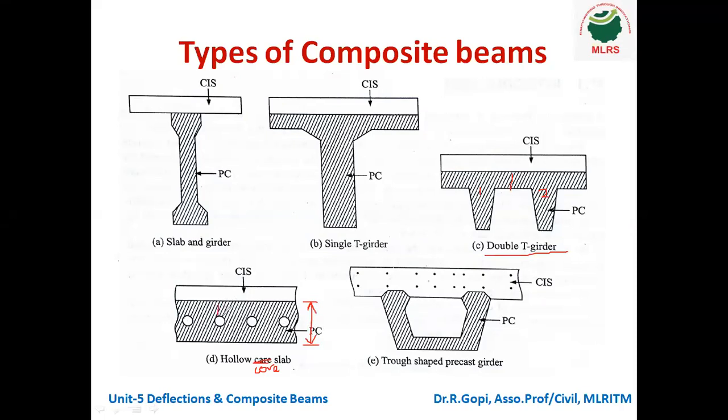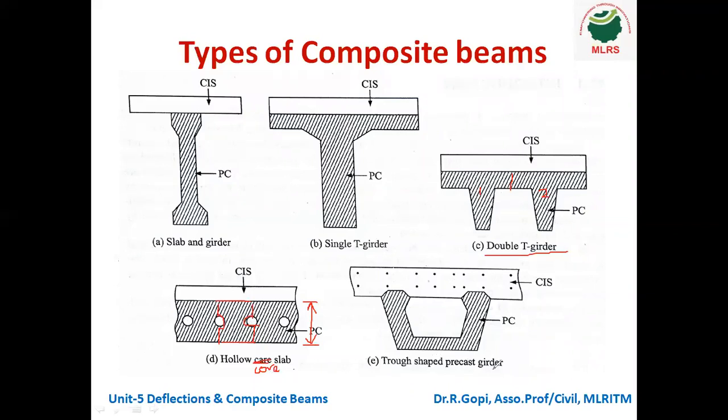You can see, I will draw that one. You can see this is like an I section. Okay. So the I section is the most economical one, that we already know. Due to the portion of these holes, considerable material saving is there. So this is called hollow core slab.